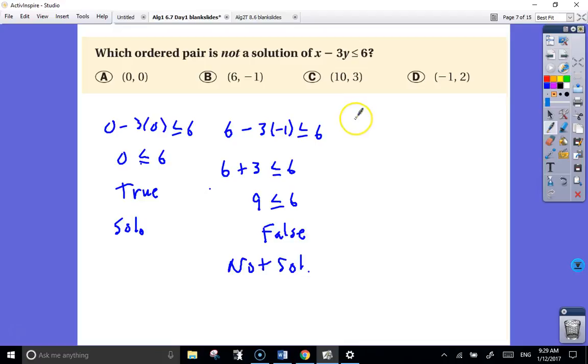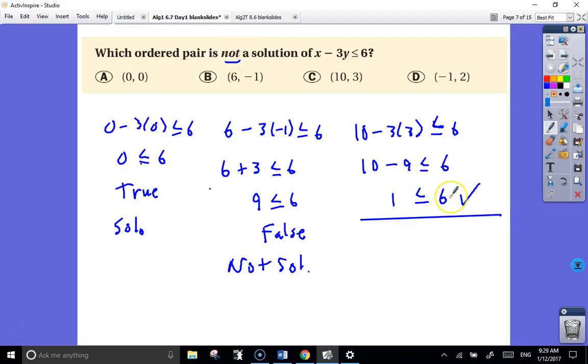Okay, test the next one. 10 minus 3 times 3 is less than or equal to 6. All right, that'll be 10 minus 9 is less than or equal to 6. Is that true? Yeah, in the end, you're right. But we'll test them all anyways as practice. Okay, so that is a solution. And the last one,